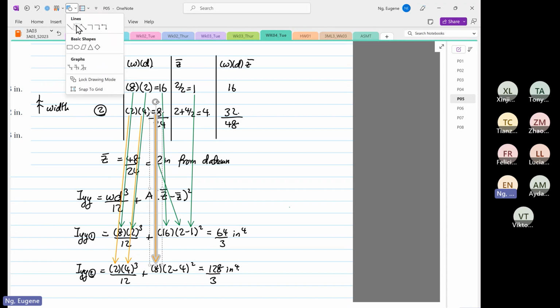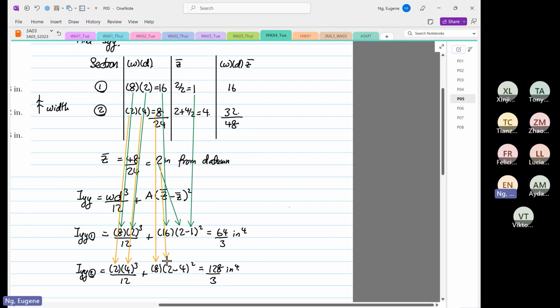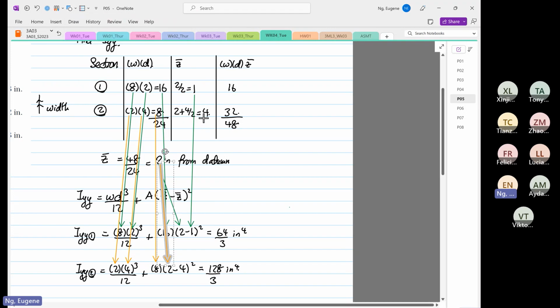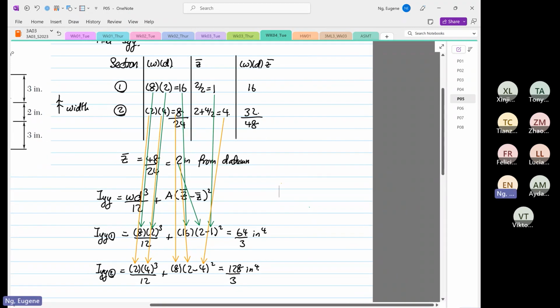Okay, use this method. Very seldom do I make mistakes in finding my second moment of area, and also at the centroid. But you have to get the table right. The most important thing is you have to get the table right. There you go. Okay. So from here,